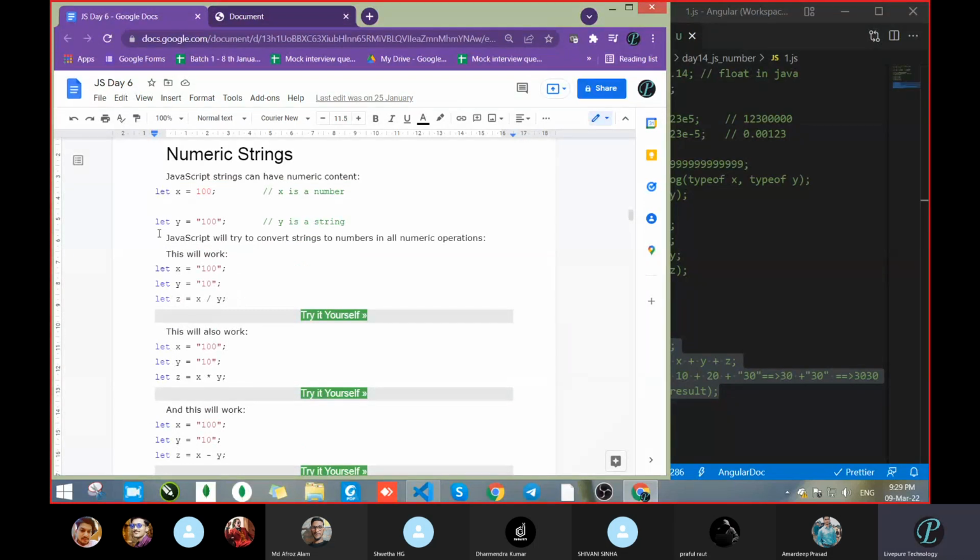JavaScript will try to convert a string to a number in all numeric operations. Let's do this operation.